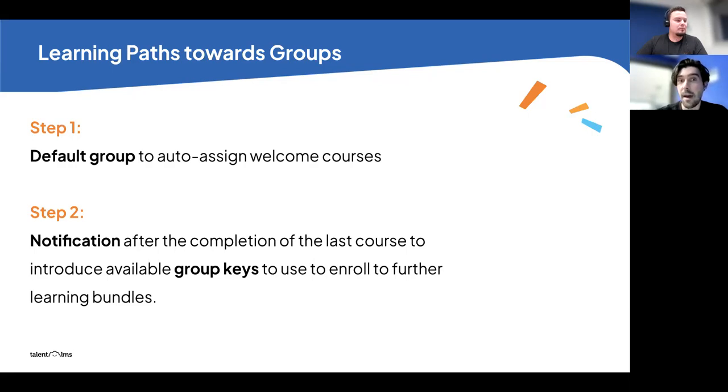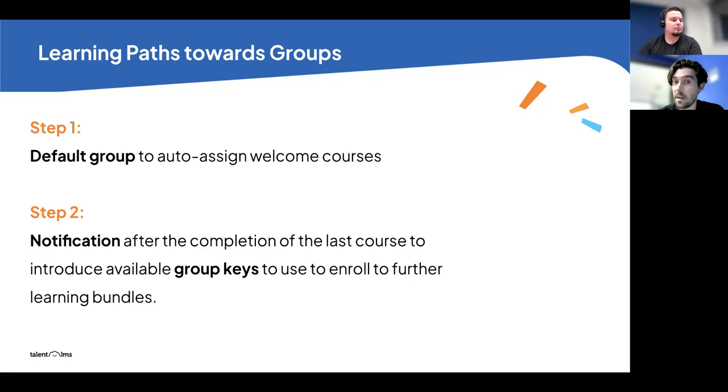And then, again, with the flexibility that you have in Talent LMS, you can combine default groups with notifications. And notifications are quite a powerful tool that you can use to essentially give the learners a choice in what they do next. So having completed the welcome courses, using notifications, you can then push learners in different directions towards learning paths that perhaps could be of interest to them,